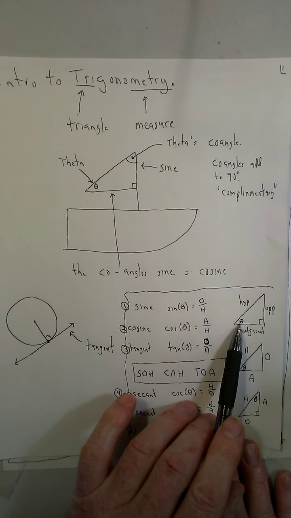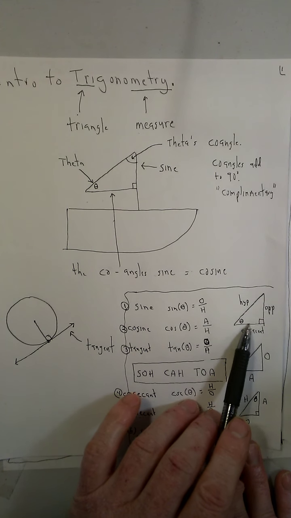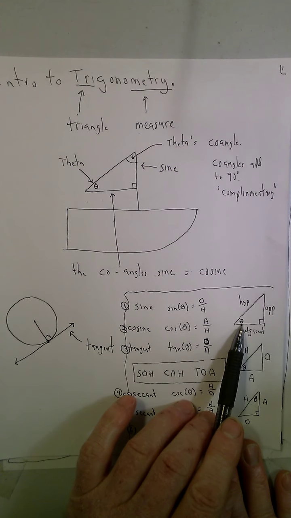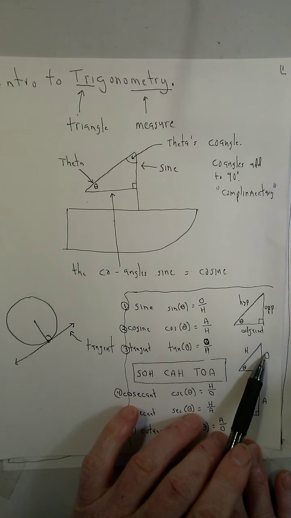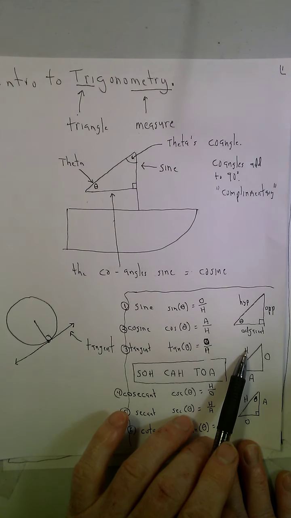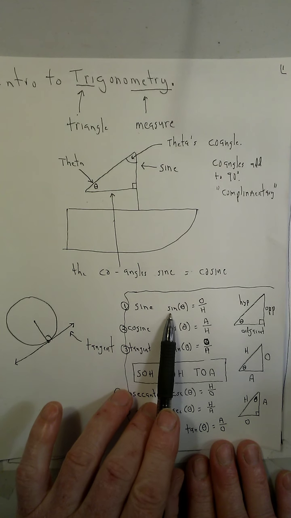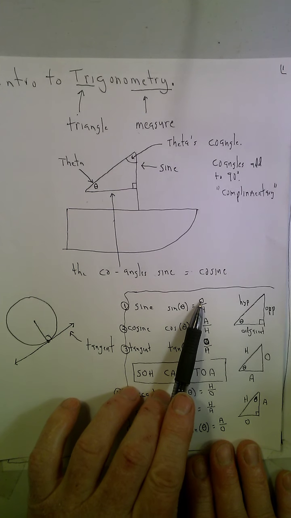Stand on this angle. This is opposite. And the side that helps make the angle is called the adjacent side. Okay? So if you go down here and just use abbreviations, opposite, adjacent, hypotenuse. So now you come up with some definitions using those words that talk about a sail. The sine can be abbreviated SIN. The sine of any angle equals the fraction that's made from the length of the opposite over the length of